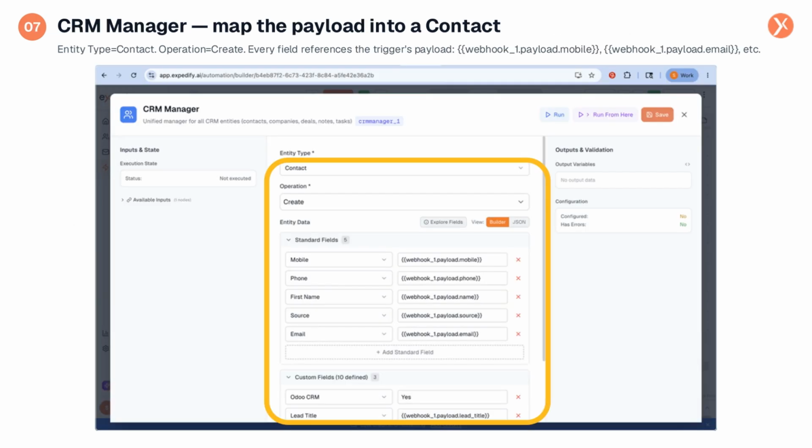Moving to the downstream part of our workflow, the CRM Manager node is configured to process the incoming request. We've set the entity type to contact and the operation to create. For each contact field we wish to populate, we map it directly to the corresponding key within the webhook's payload. For example, mobile numbers are mapped from webhook8.payload.mobile and email addresses from webhook8.payload.email. This includes custom fields like Odoo CRM and lead title, ensuring all relevant data from the external system is accurately captured. Once saved and activated, the workflow is